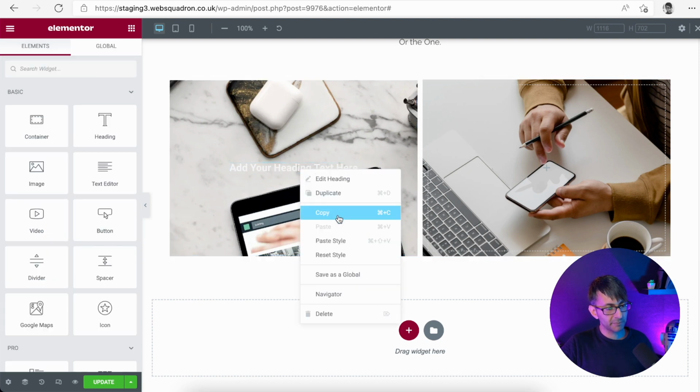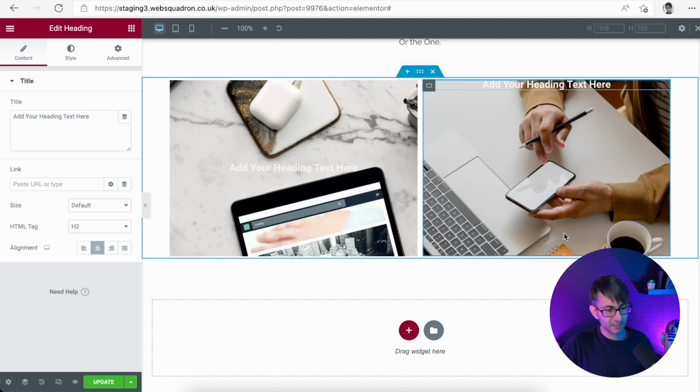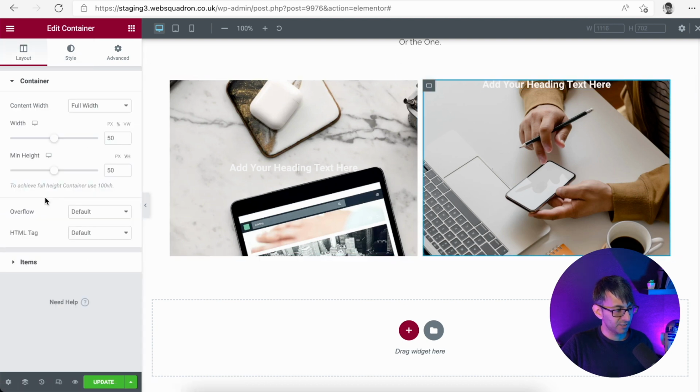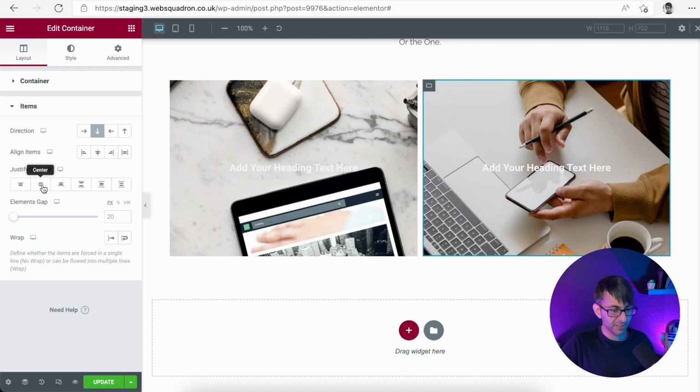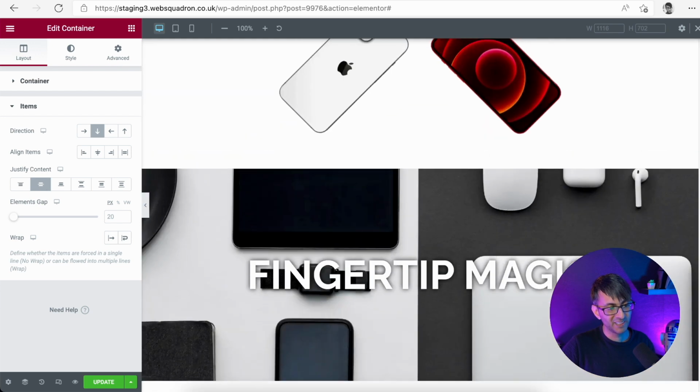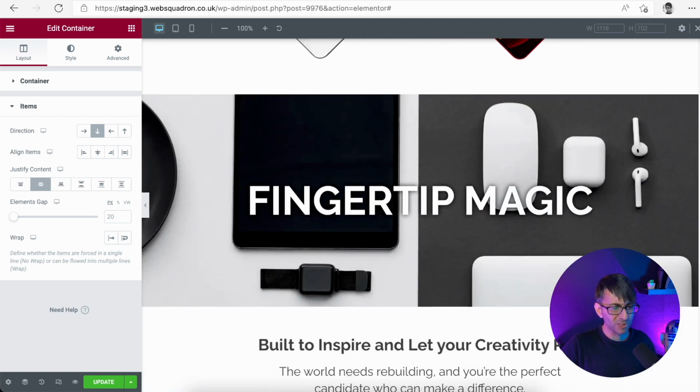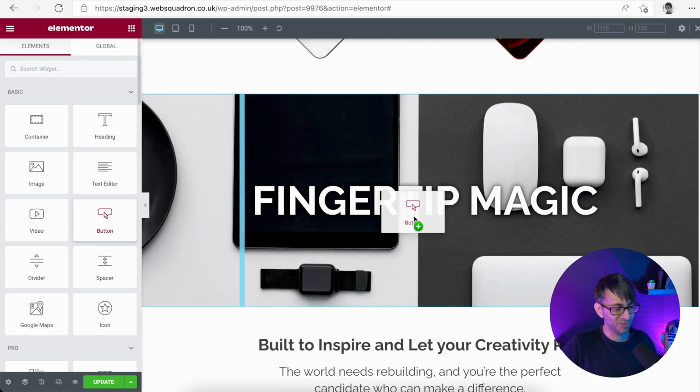So let me just copy it. Let me just paste this here. You could start to add things in, and I'm just going to go back over here to the layout. And again, we're going to do the same thing and just put it in the center. So you could add in your buttons, whatever you want. I mean, I haven't even added in a button yet, have I? How bad is that? Where's your call to action? So let's just quickly do that, just to show you that this is all still basic